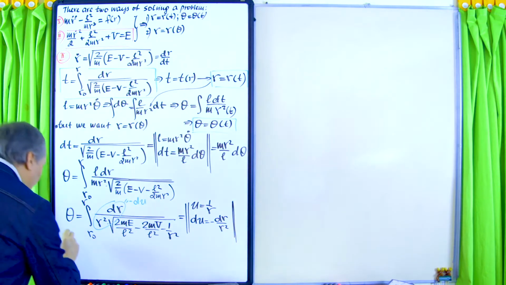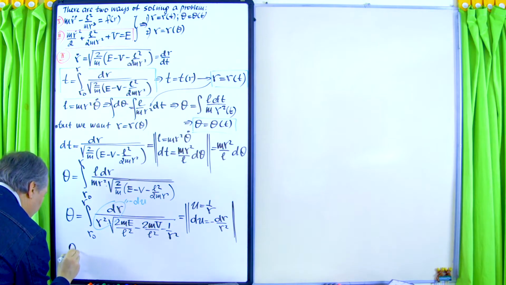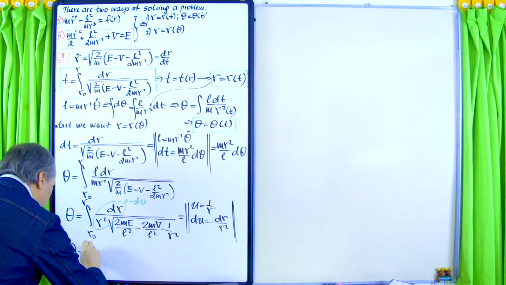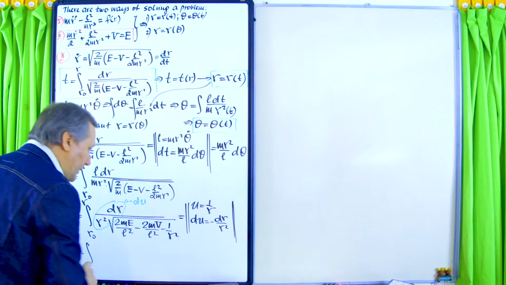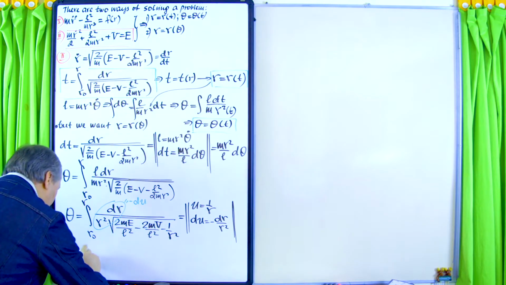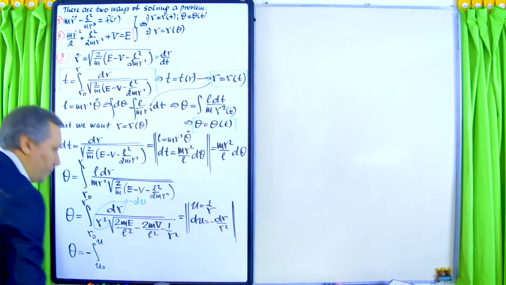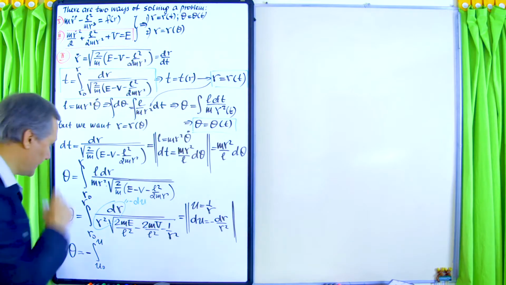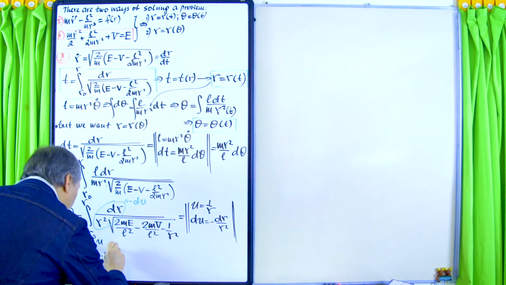Okay, so as a result, I can write the integral. Theta will be equal to... I have to put a minus in front, almost forgot. Minus the integral from some u naught to some value u, right? Then du